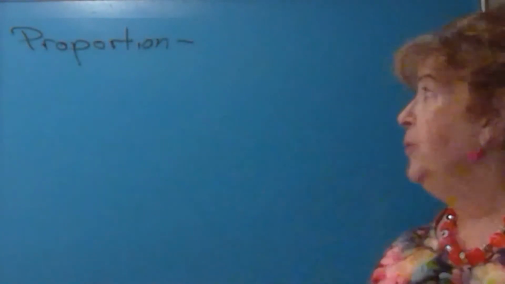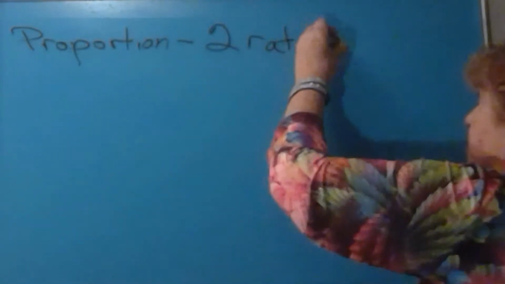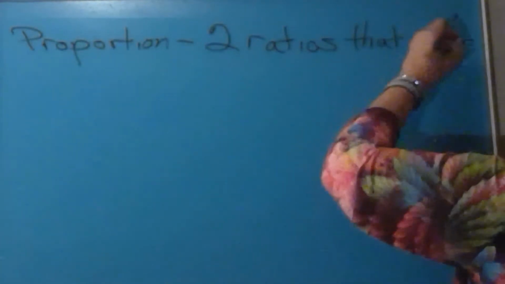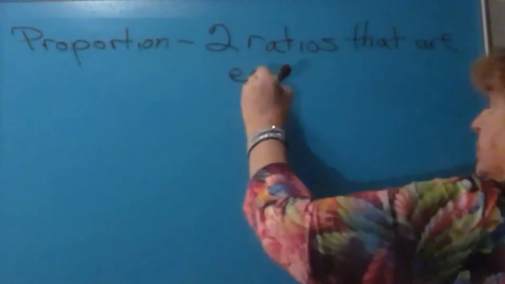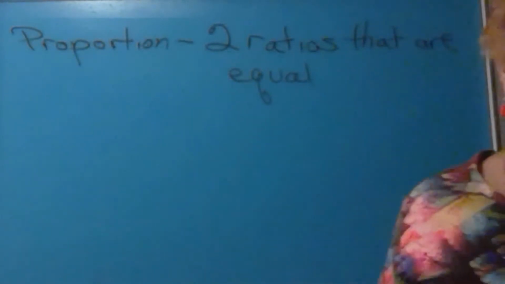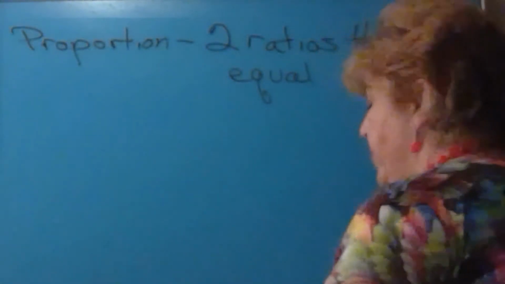Now we're ready to start with proportions. A proportion is simply two ratios that are equal. And the first thing that you need to be able to do is tell if a proportion is equal, or if the two ratios form a proportion. And we've got